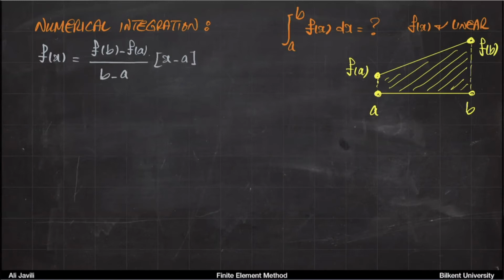Again, if a was 0, or if it passes through the origin, it would be mx plus b, like we usually do. But in this case, it's more like this. So this is the equation of the line. You know how to write that. Now let's integrate this. That's what we want to do eventually. So if you integrate this from a to b,